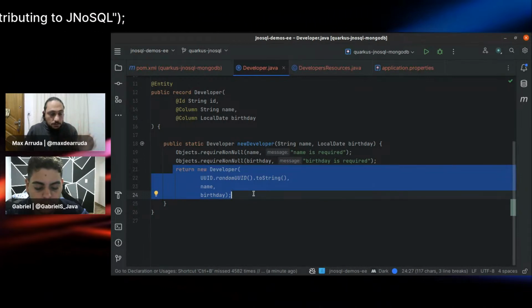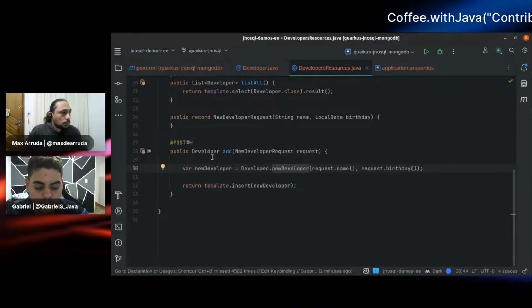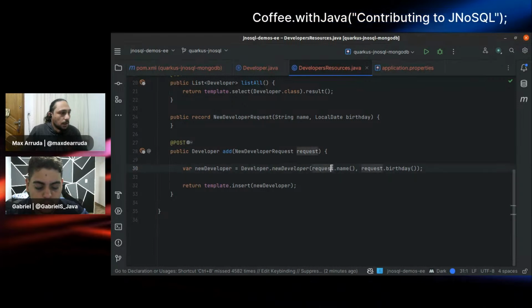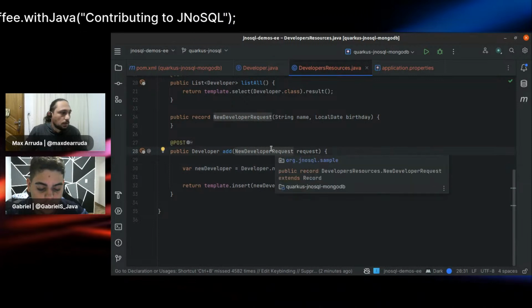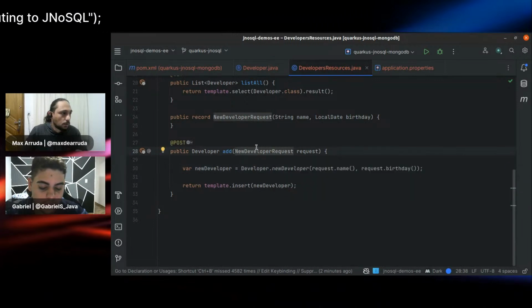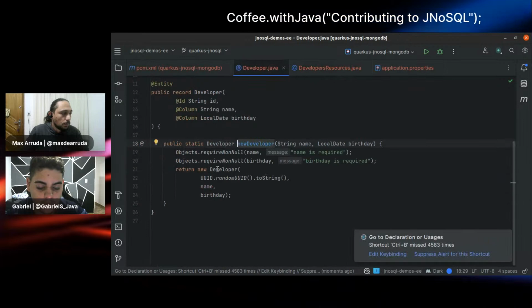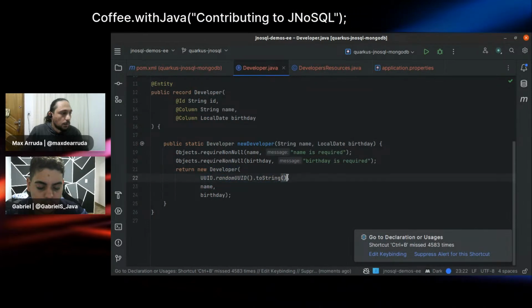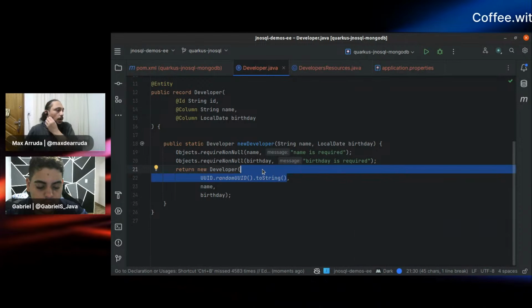for storage. Okay, so based on that, let's go back to the repository. Right here, what we did is get the name and the body from the new developer request record. That is the DTO that comes from the internet, and we created a new entity and stored the new entity. Right here, for example, we control the way that the ID will be created. I assume to create the ID by myself, on the side of the application, but